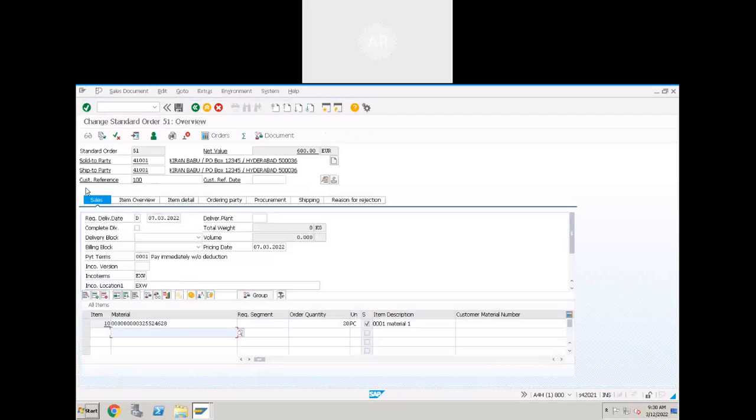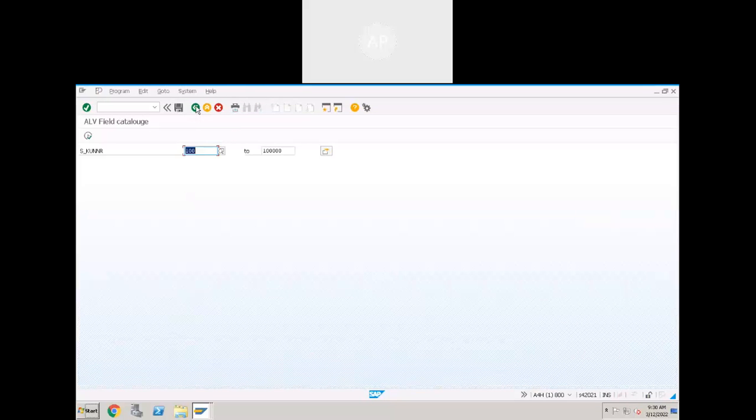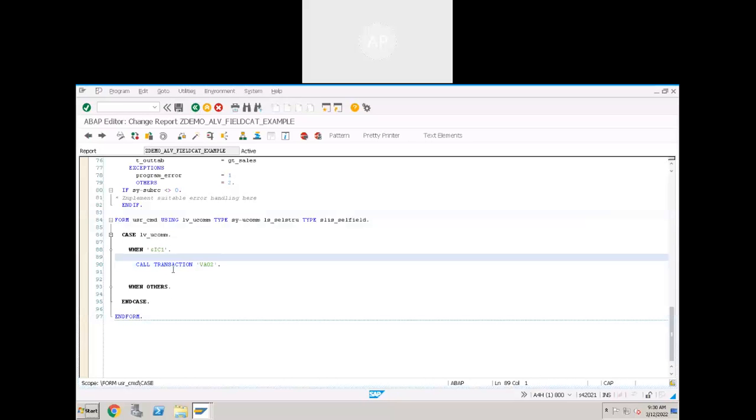When I click on a specific sales order number in the output, I should be able to see this screen. How to handle that? First, we have to set the sales order value for the transaction code. Whatever sales order number we clicked on, that value should be set to the transaction code.